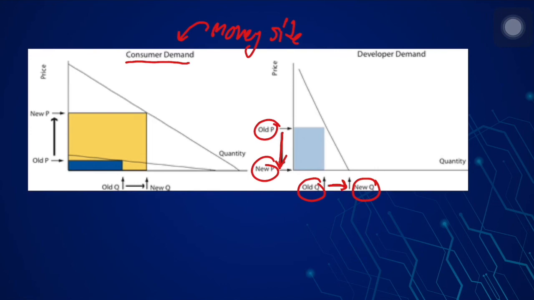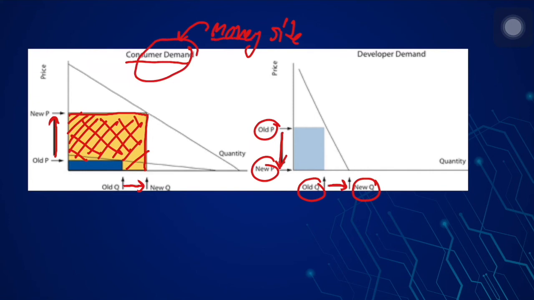So here the price of programs will increase because they're easy to find, but you have to pay too much. But the quantity of programs consumed by the consumer will increase too. There will be a new rectangle on the consumer side here, which this graph shows, that the consumer demand becomes the money side of this